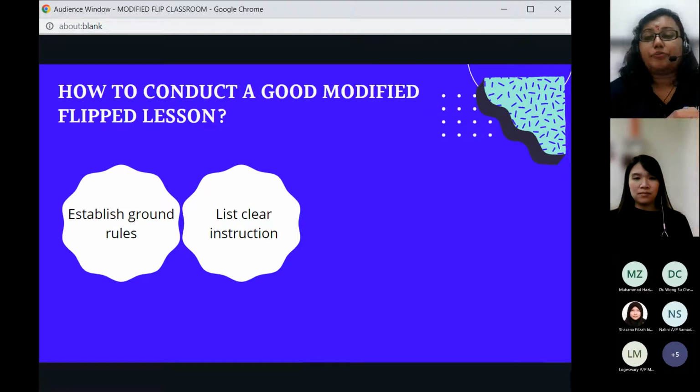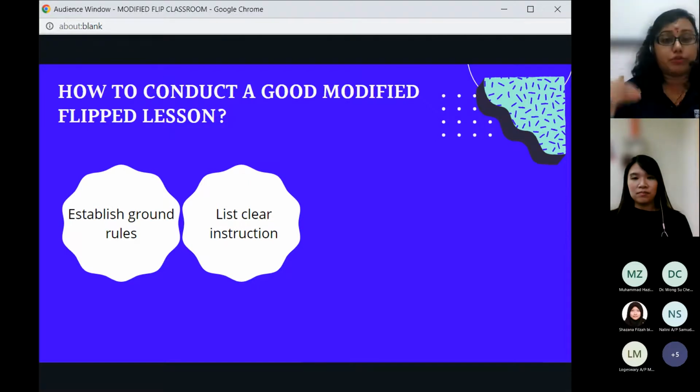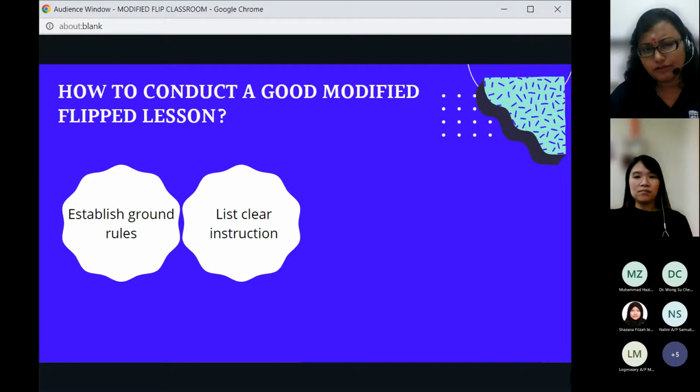Like Miss Wendy said, prepare it in a slide and then share it with them. Of course, this is not sharing or spoon feeding information. This is certain things that we want them to do. So instead of just verbally telling them, okay, first I want you to upload this, secondly, I want you to create a video, and then third, re-upload again, no, instead of saying that verbally, make sure all the instructions are written clearly and posted in the LMS, so that they know what they are doing.